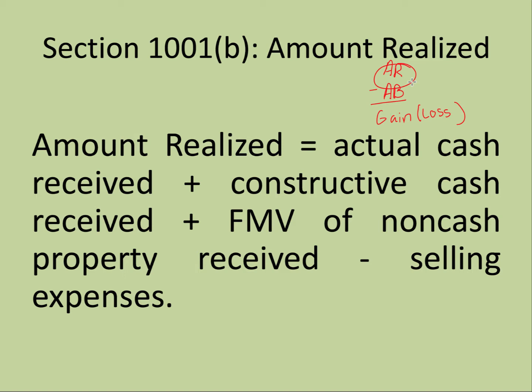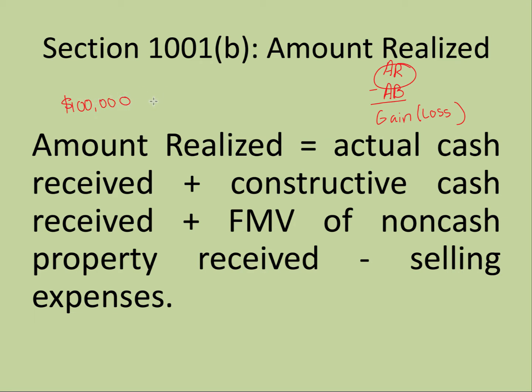Constructive cash received, this deals with the relief of a liability. The idea here is that it's constructive cash in the sense that, let's say that you are selling a house that you own, and you're selling it to a buyer for $100,000. The house is worth $500,000, but you have a $400,000 mortgage on the property. The buyer is going to assume or take subject to the mortgage on the property, and they're going to pay you $100,000. Again, they're paying you $100,000 cash,